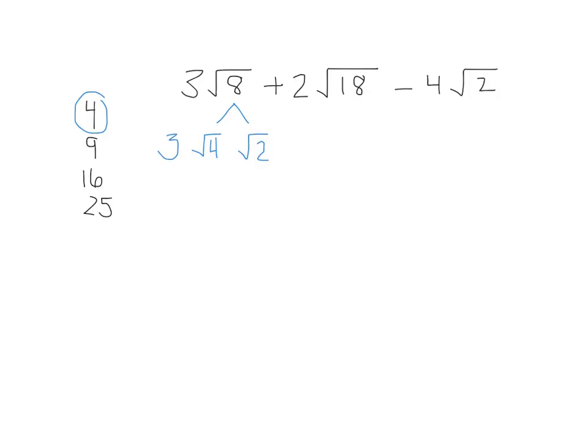Then we look at our next radical, and our next radical is square root of 18. Well, the largest perfect square that divides evenly into 18 is 9. So I can break apart square root of 18 into square root of 9 times square root of 2, because again, 9 times 2 is 18. And we leave that 2